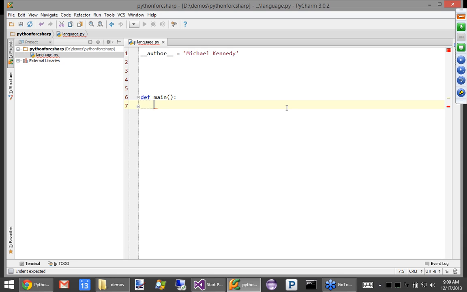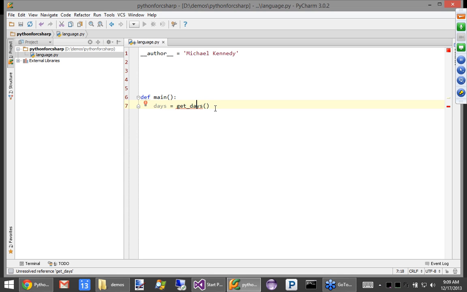So I want to do a couple of things. We're going to declare a variable called days, and you don't say the type, you just say days equals get days. I want to call a function here that doesn't exist called get days, and it's going to return something like an IEnumerable, a collection of days like Monday, Tuesday, Wednesday.